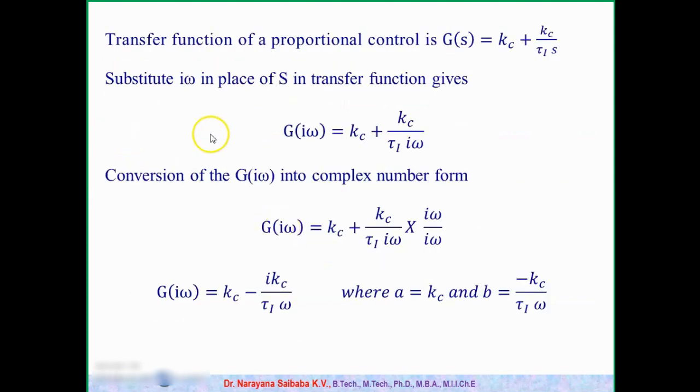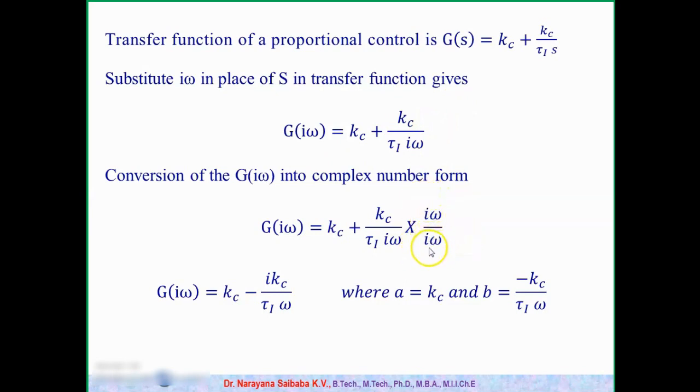Now coming to our system, the PI controller, the transfer function can be given as Kc plus Kc by tau I s. For this, we want to find the AR and phi values. The first step in the substitution method is to replace s with i omega. Then G of i omega equals Kc plus Kc by tau I, with i omega in place of s. The next step is to convert into A plus iB form. So i should be in the numerator, but here it is in the denominator. So we multiply and divide by i omega, or you can use its conjugate. Both will give the same result.